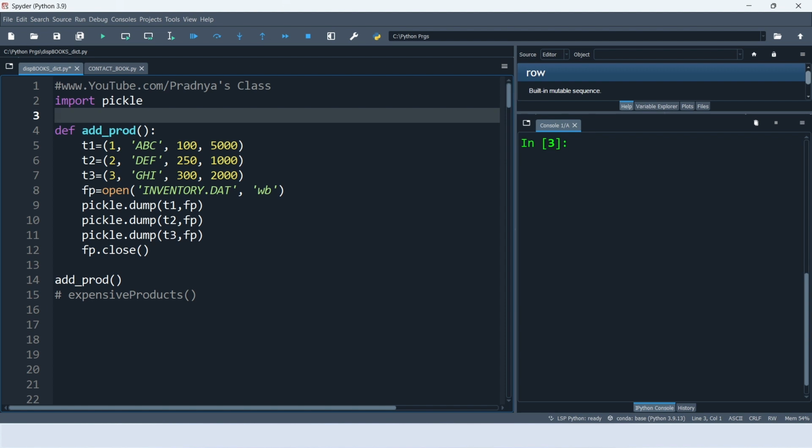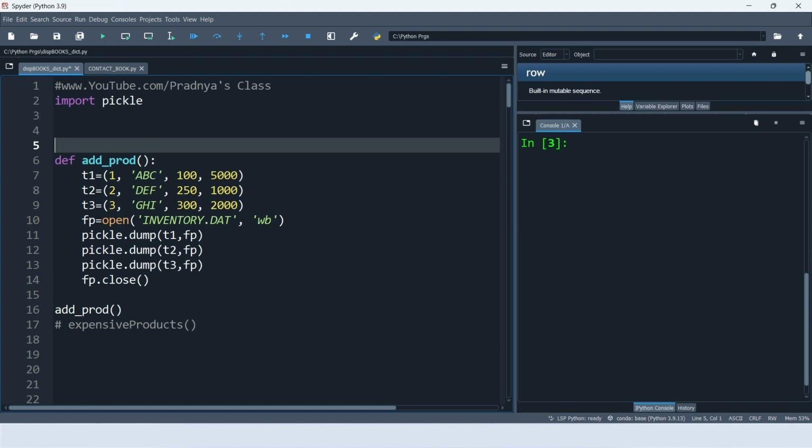Like text file and CSV file, we cannot directly copy the content to the binary file because we know binary file content is not in the human readable form. That's why to execute the code, we must write a program to write the content in the binary file. So here is a small program with the help of which we are writing data to the binary file. But you don't have to write that.